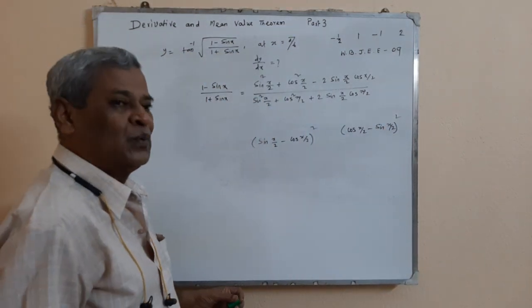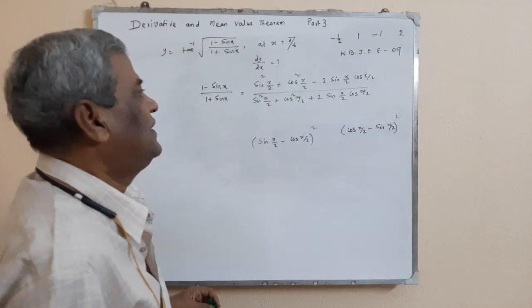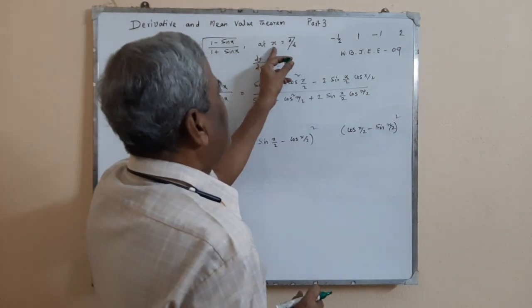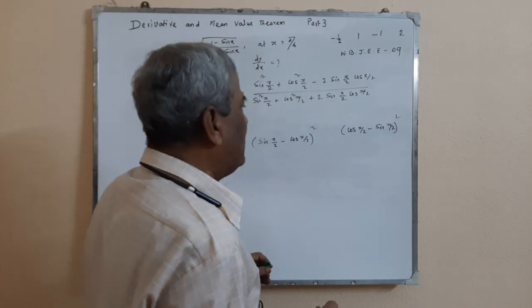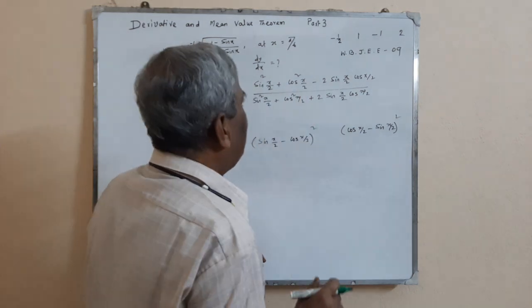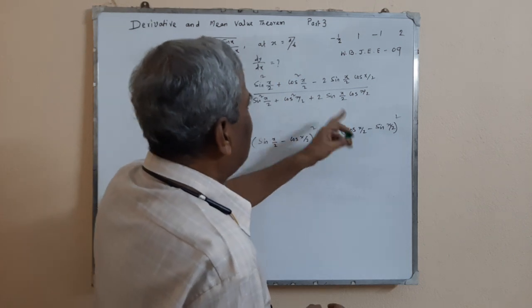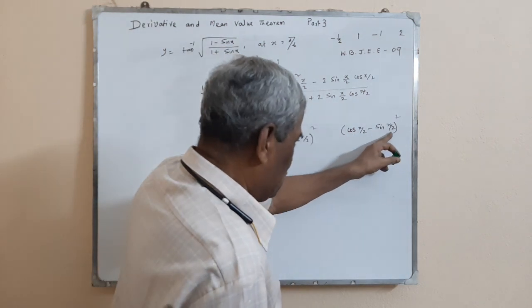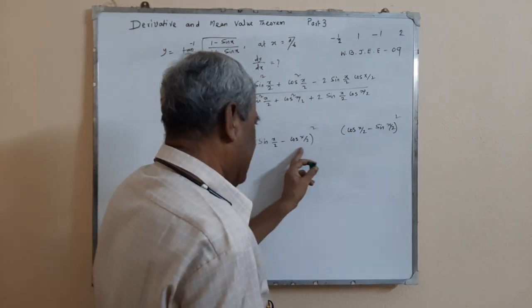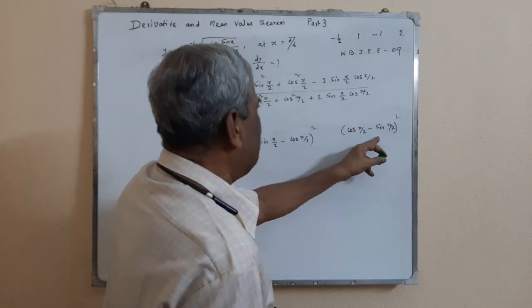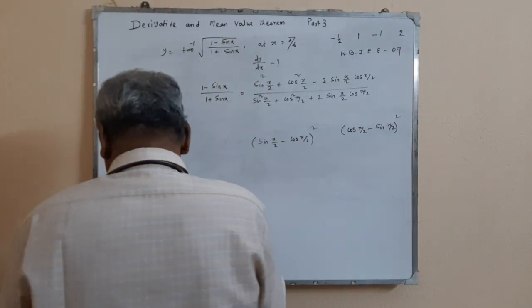Now, which one can we accept? Mind that x is given at the point pi by 6. So near pi by 6, this is positive and this is negative. So we have to accept that. So that it is equal to